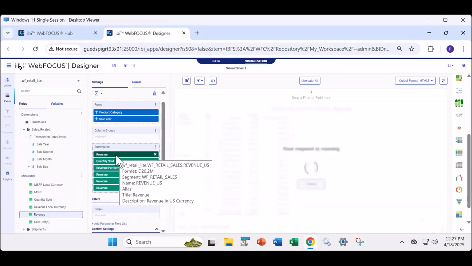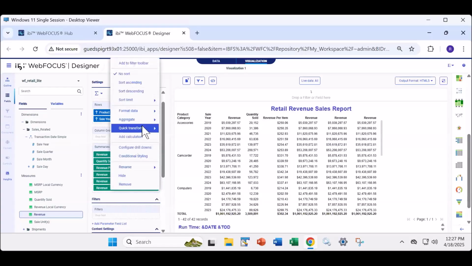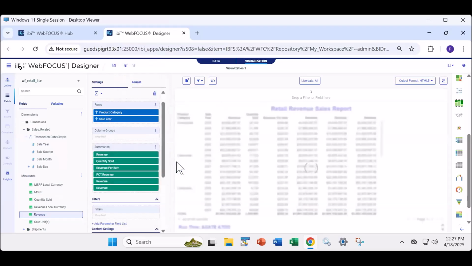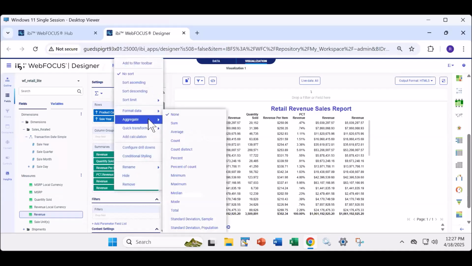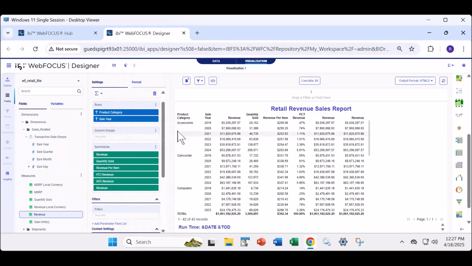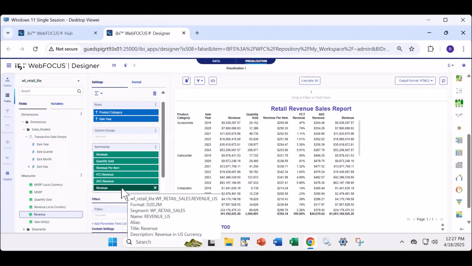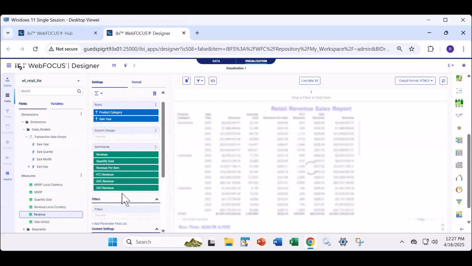While revenue here is being summed, I have the option to right-click contextually and change these, and I could say aggregate, and I could say maybe I want this one to be a percentage for revenue. And remember, it is running against all of the data, so it's going to take just a little bit. And then maybe this one I want to make it aggregate, and I'm going to make this average. And then for this last one, I'll make this aggregate and count. You can see you have other options available to you. But what I wanted to point out